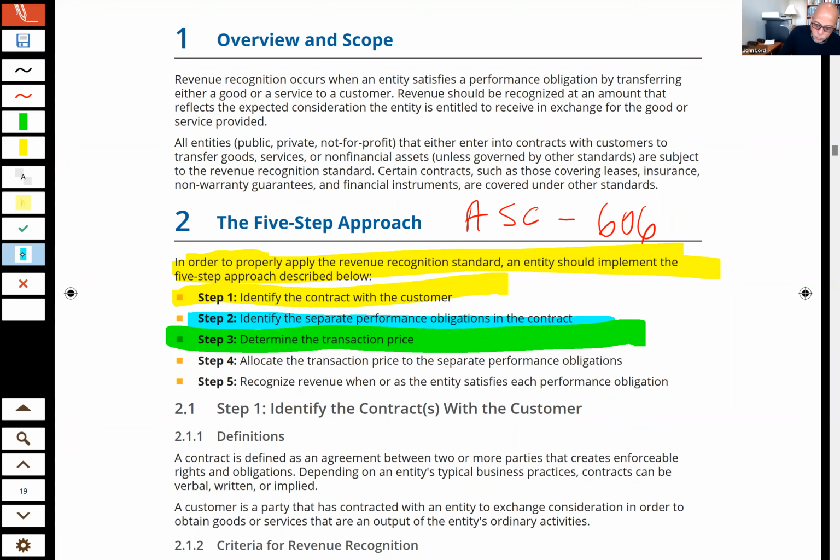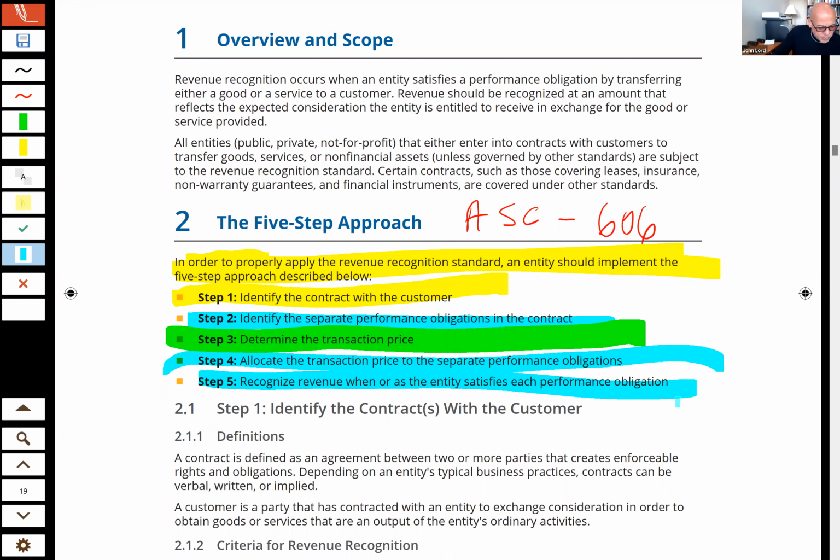But then if you have more than one performance obligation, you will have to separate that transaction price into the different performance obligations. And then you need to determine, should I recognize that revenue at a point in time, or should I recognize it over time? Okay, and you could have a situation where part of the transaction price you can recognize immediately, and another part you'd have to recognize over time. And that's about as complicated as this stuff gets, or at least the transaction gets, okay?